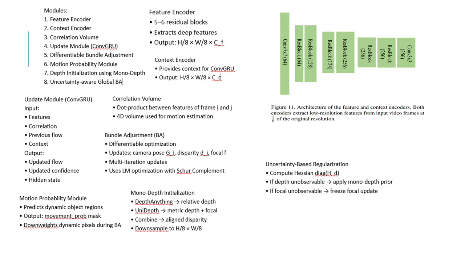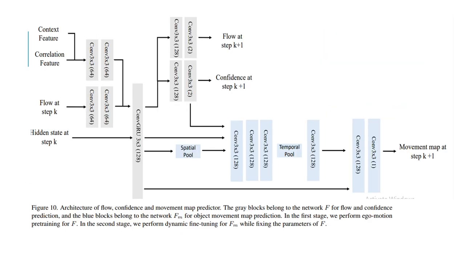Now the uncertainty-aware global BA. If depth is unobservable, the monodepth is the prior, and if focal length is unobservable, freeze the focal update. This is the architecture